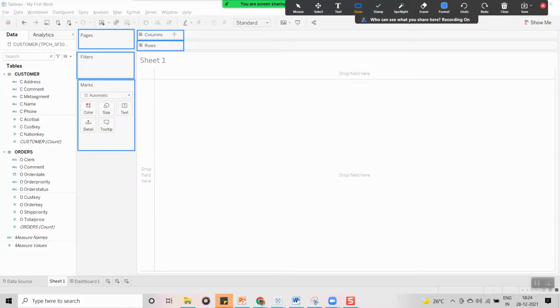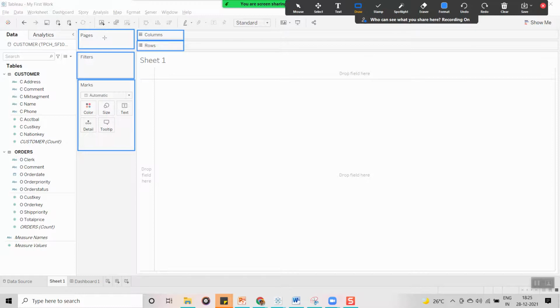These five things are very important. One is the page shelf. By using the page shelf, we can create animated visualizations, animation-kind of visualizations. But in real time we do not use it much.